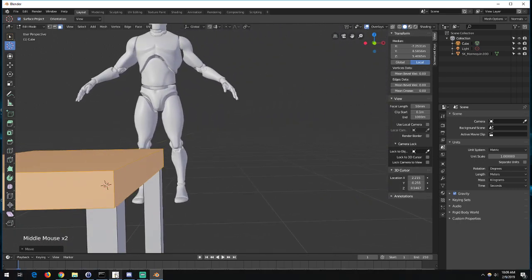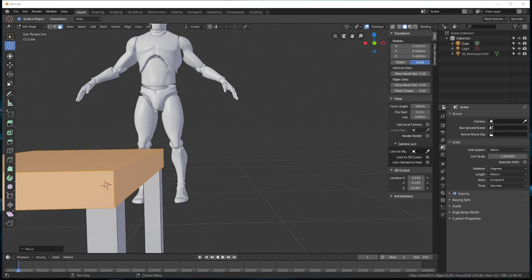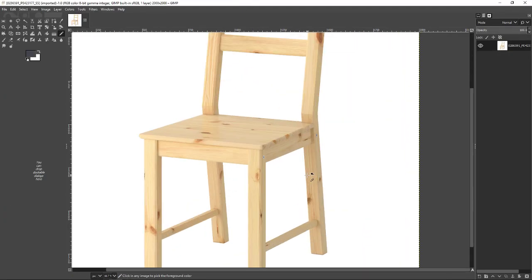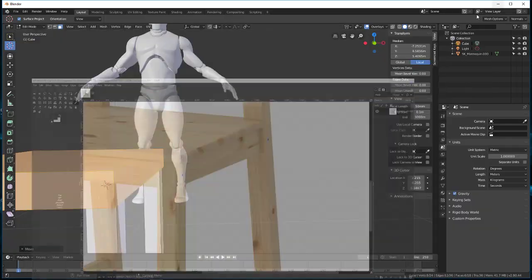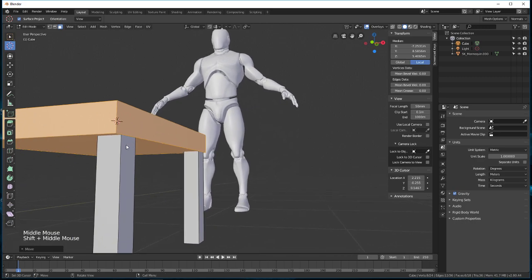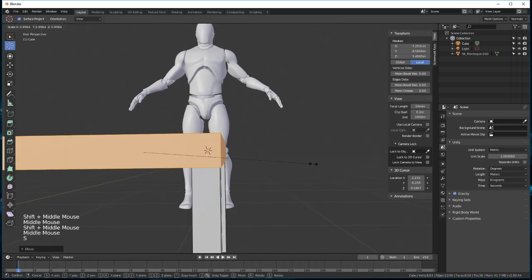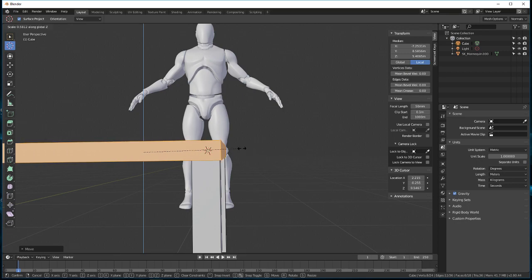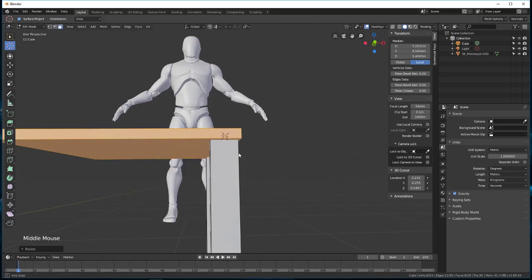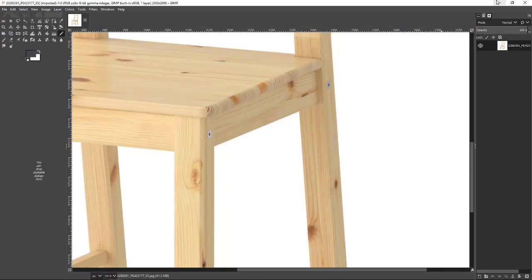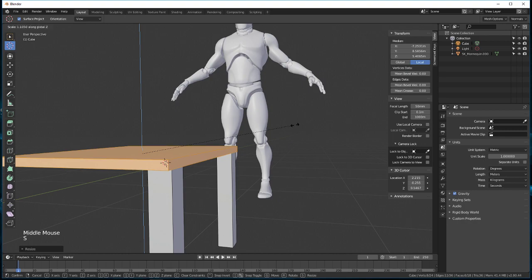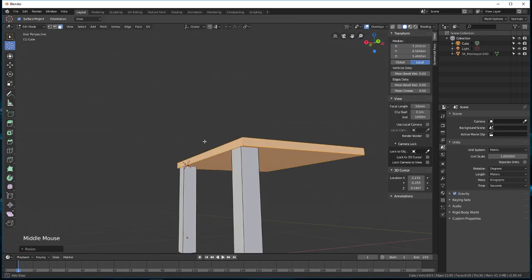And if we look at the photo, we can see that the top will overlap on this edge here, maybe not on the back, but we might be changing a few details of this back part here. So we do want it to overlap, and obviously we need to scale it on the Z to get that to an appropriate size. So we can probably scale it up slightly. Try not to get too perfectionist, but